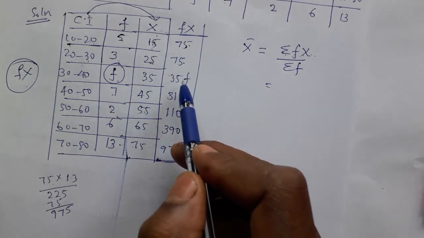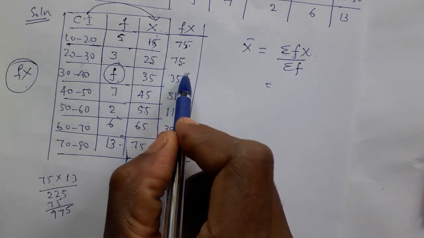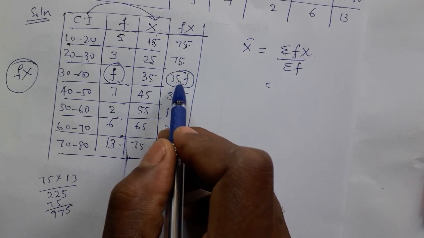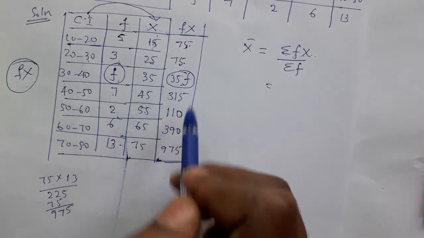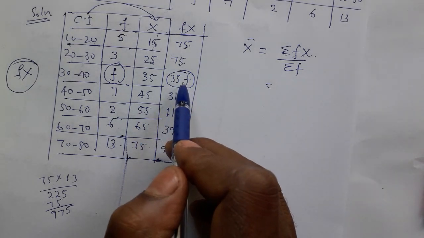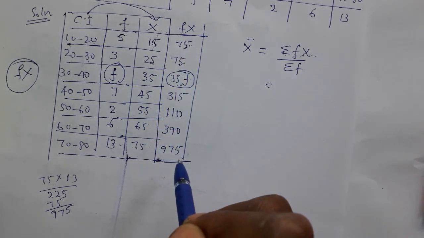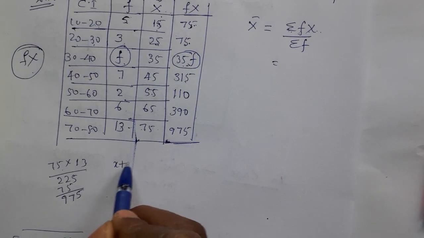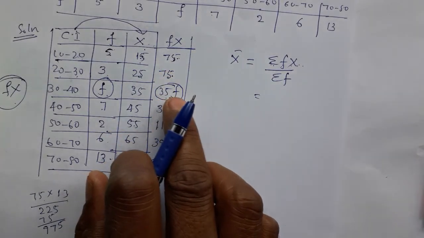75 plus 75 is 150. But when we go here, these are all numbers, but this 35f is not a number, it is the product of a number and a variable. So automatically this becomes a variable. So this 35f is unlike the remaining values. All the remaining values are natural numbers, but 35f is a variable. So we don't add 35f with 75 and the remaining values, because this is a variable. In case x plus 10 is given in a question, what will we do? We don't add, because x plus 10 we can't add. Similarly here, 75 and 35f you can't add.